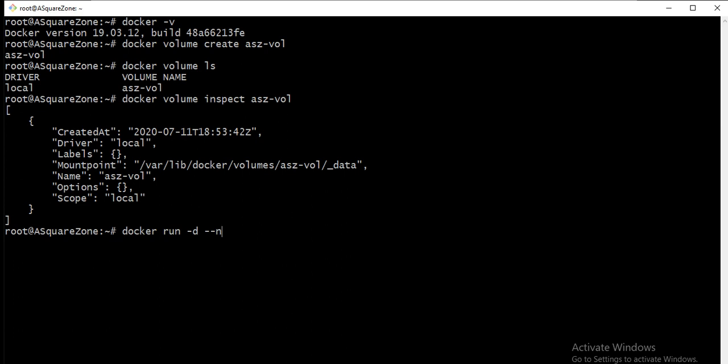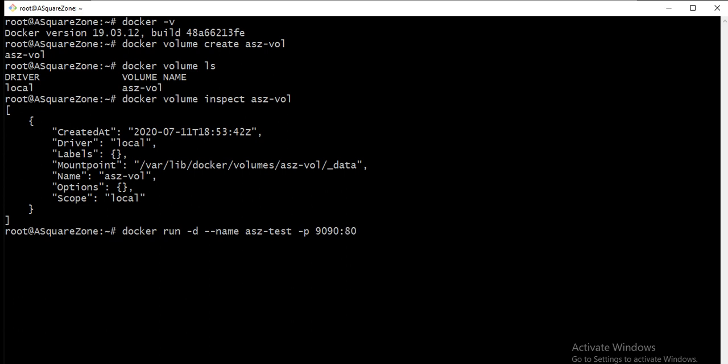I am providing the name as asz-test. Nginx has a default port of 80, and I am mapping it to 9090.